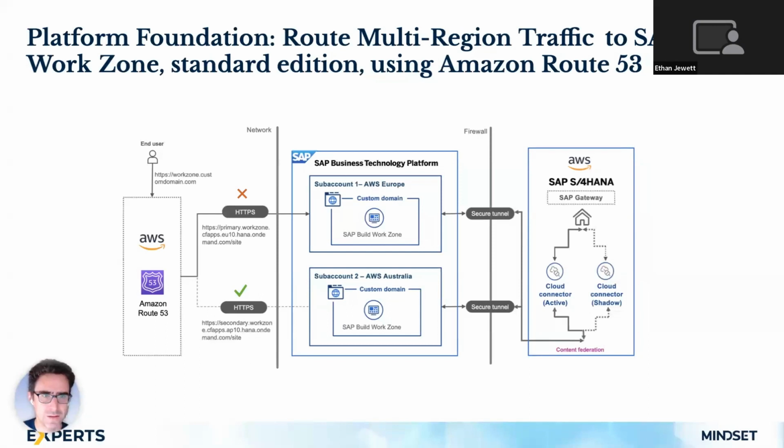This is an architecture that is talking about, if I have a build work zone, so work zone is the Fiori Launchpad in BTP, so hosted on the cloud. If I have a build work zone, how do I establish business continuity and high availability for that work zone? And this architecture suggests that there is a way to establish that using both